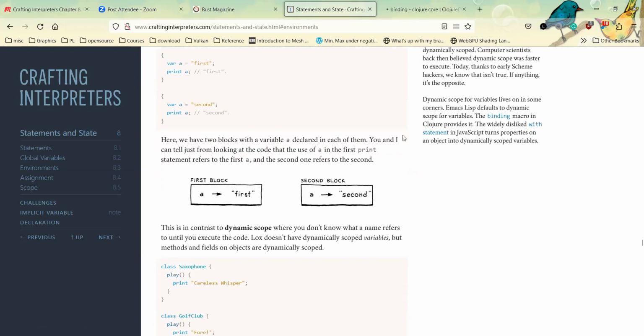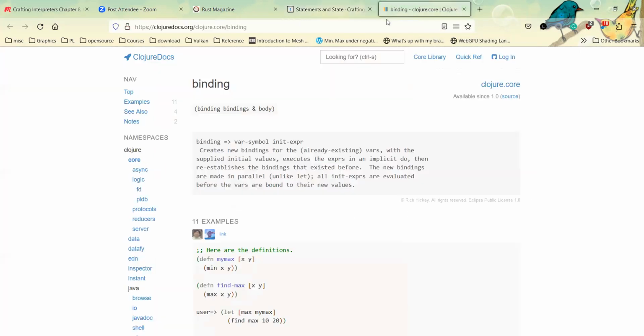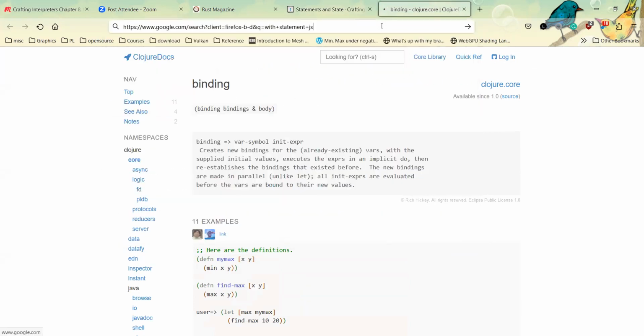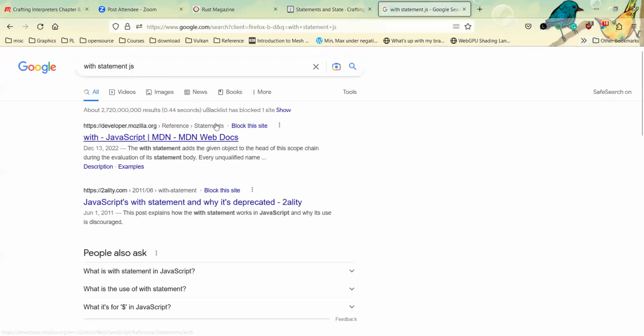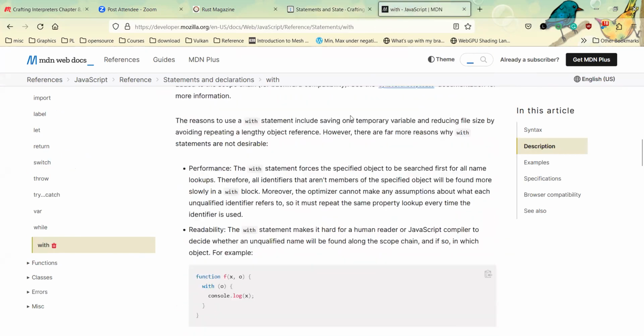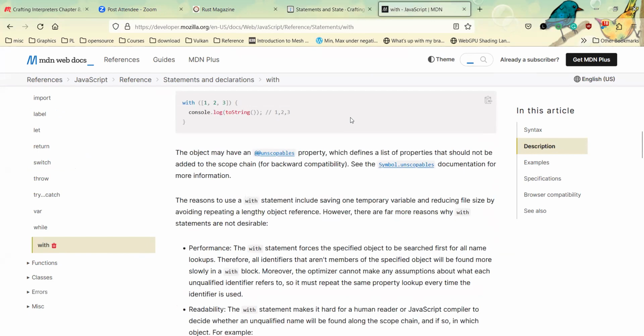Oh, I forgot about with in JavaScript. Well, it's deprecated and no one uses it anyway. What does that mean, deprecated? Isn't this thing deprecated on the web? Don't you know? I mean, you can't use it in strict mode, but nothing's ever truly deprecated on the web. Essentially, with in JavaScript is where you have with and then some object or a class, and then you have a block, and inside that block you can reference the object or class members without having to use this dot or something.